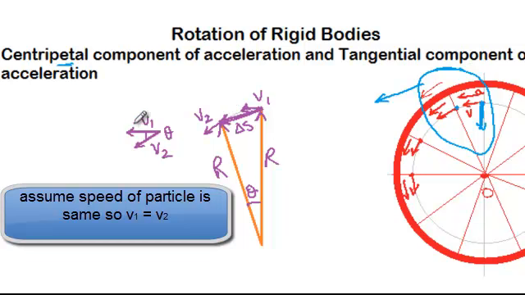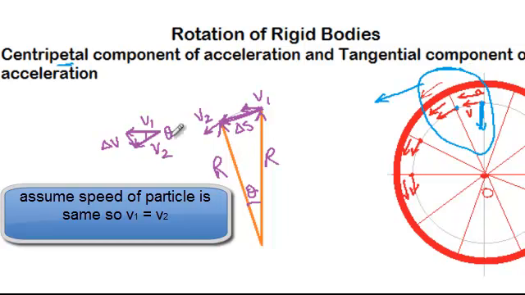Again over here, if you find the difference between these two vectors, then that will be delta V. So this is delta V, and delta V is V2 minus V1. If you get confused, the best way to think of this is, this is V1, this is V2, and let's say this is X. Now you start from the tail of the first vector. So V1, then you have the tail of the second vector, so plus X is equal to V2. So X is equal to V2 minus V1.